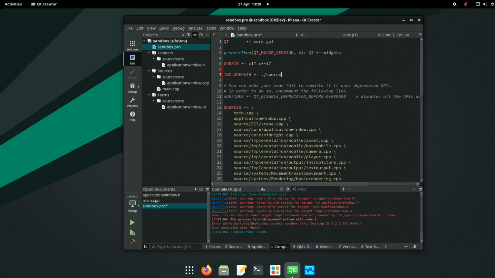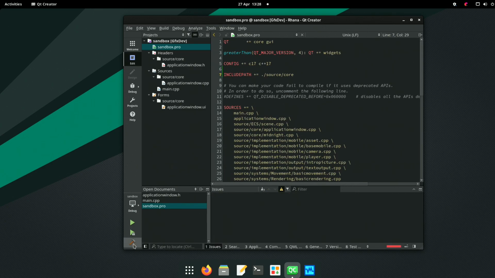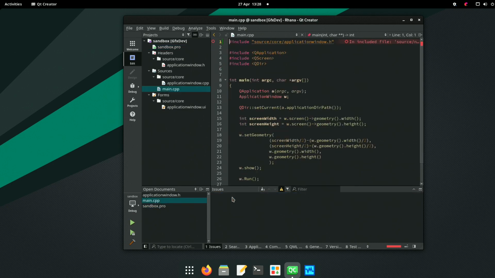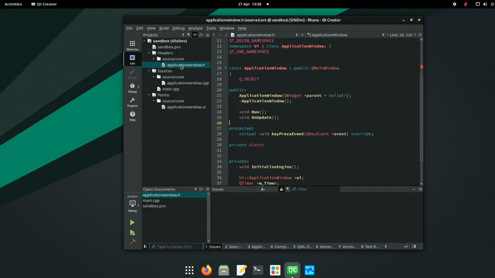Source core. I think that's all I need. File not found. And you come back to here. Why do you come back to this one? Application.h.